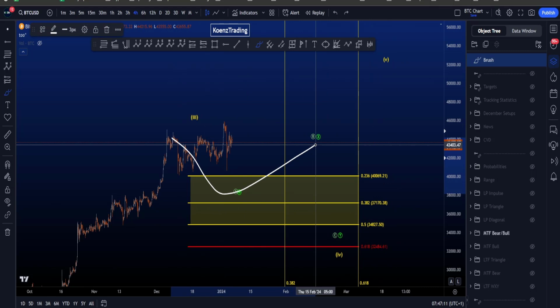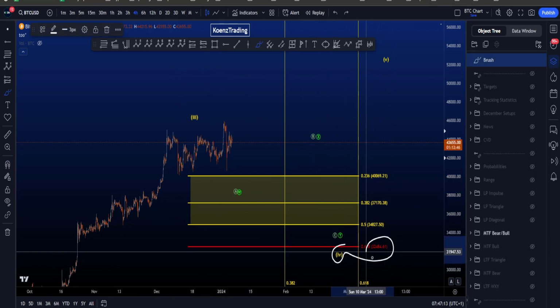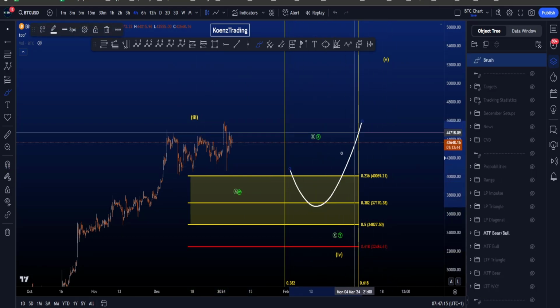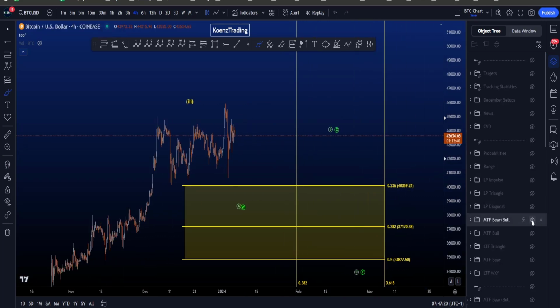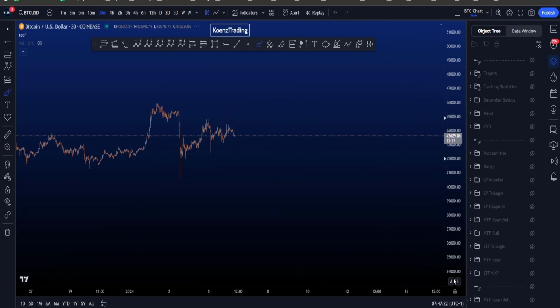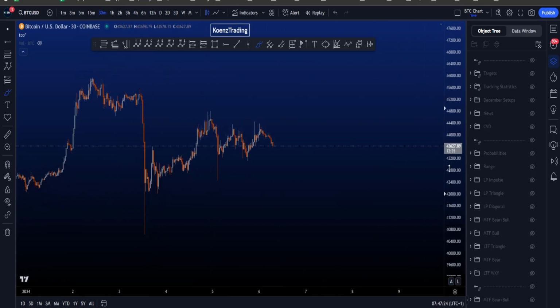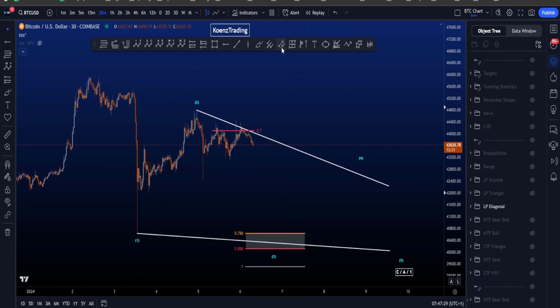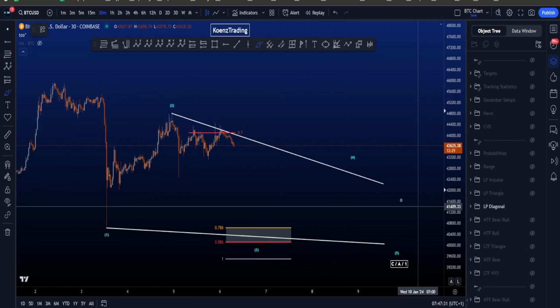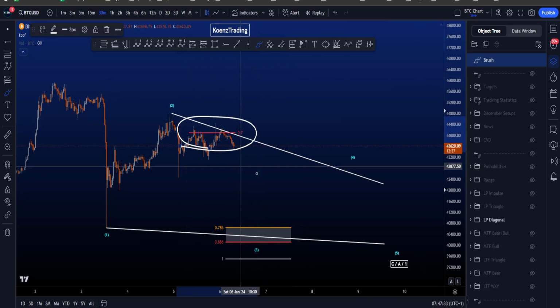So we then get a complex structure in a wave 4, invalidation 32.4K, but then we still get another move to the upside in a wave 5. A few scenarios that I just like to show you but do not have the highest probability is this diagonal here. First of all, it's way too early to call diagonals, but most importantly for me is actually the 0.7